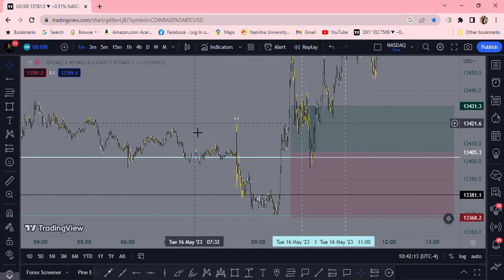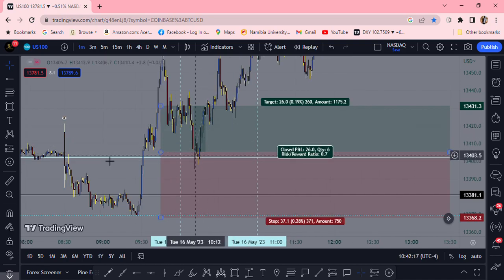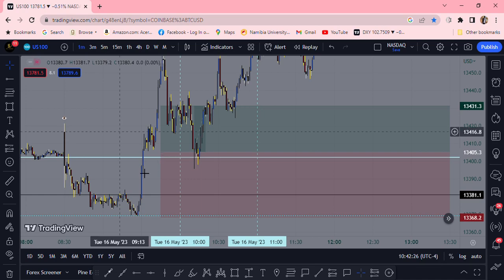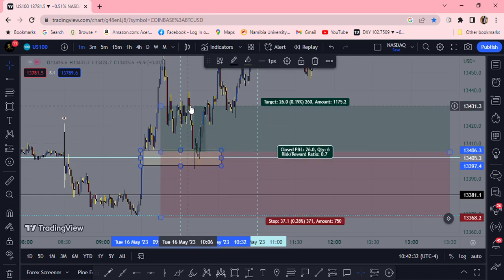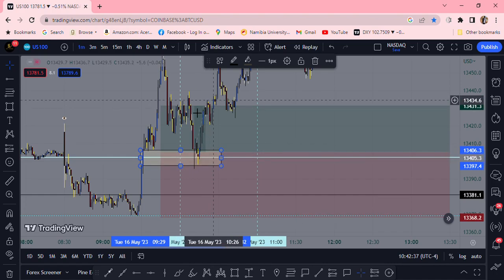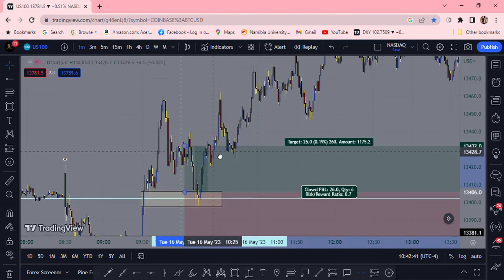You see how price respected even the midnight opening. I could have easily entered here if I went on the 1 minute, but I chose to enter on the 5 minute. This is actually because there's a fair value gap here. I would have entered here. Time and price. Price will always trade back to time. This is actually a nice optimal entry. Boom. Well, if you'd have entered here,